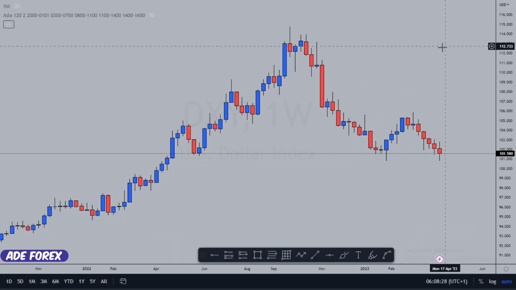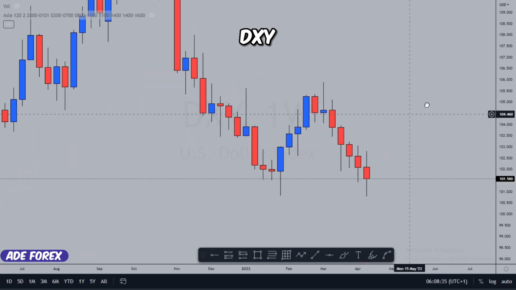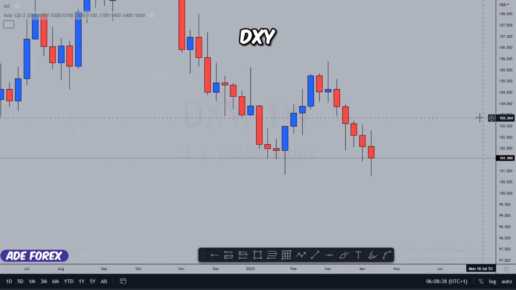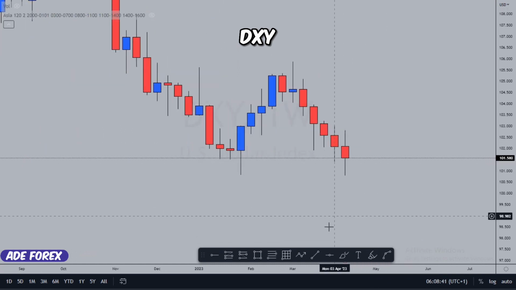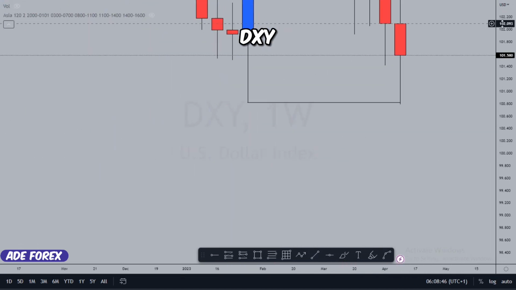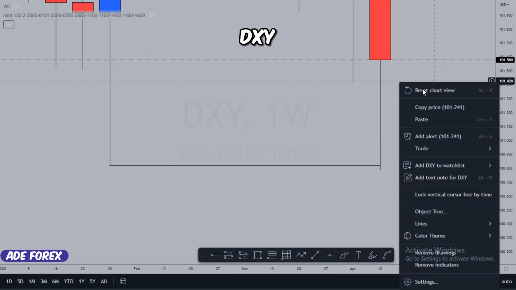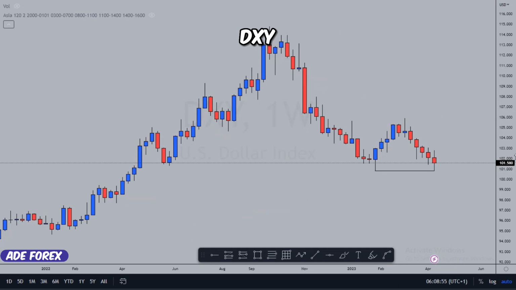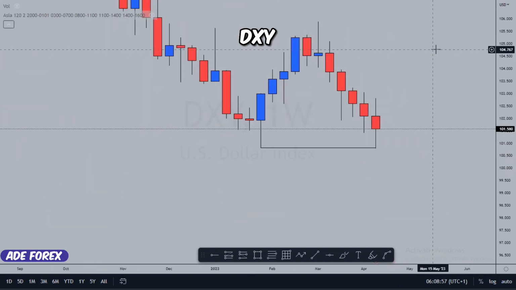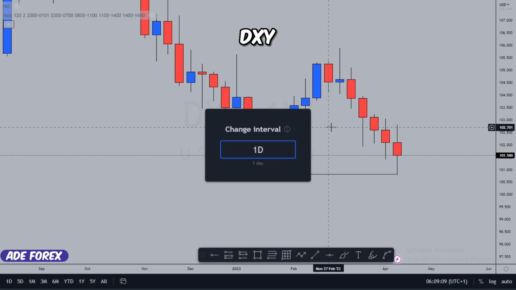Alright guys, as usual we're going to be kicking off with the DXY. As you can see, we are on the weekly time frame and we had a bearish week, obviously. One more thing guys, we had this break of the previous low, although it's not obvious, right? So that's telling us two things. Either we broke the low and we are eventually going to continue going down, or we took out the liquidity of this low. Let us move on to the daily time frame to get a clearer view.